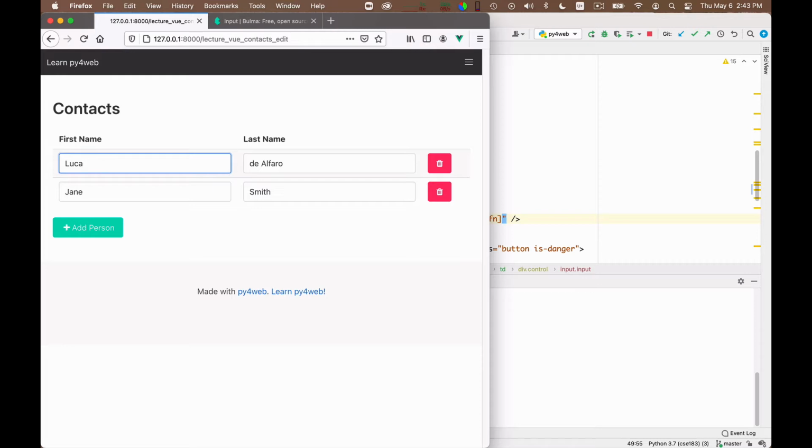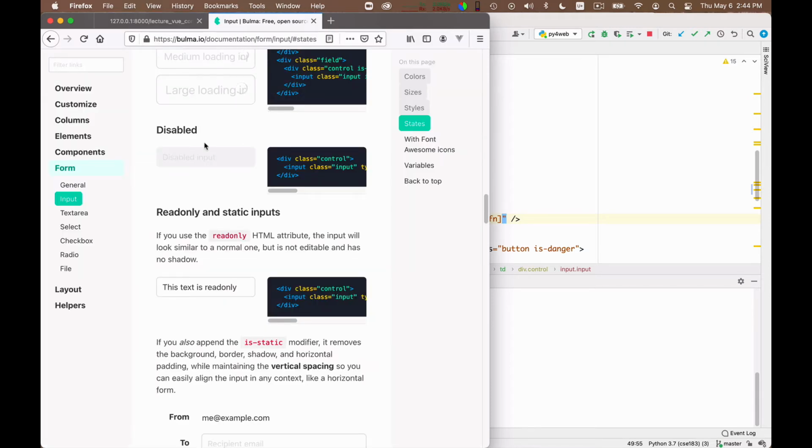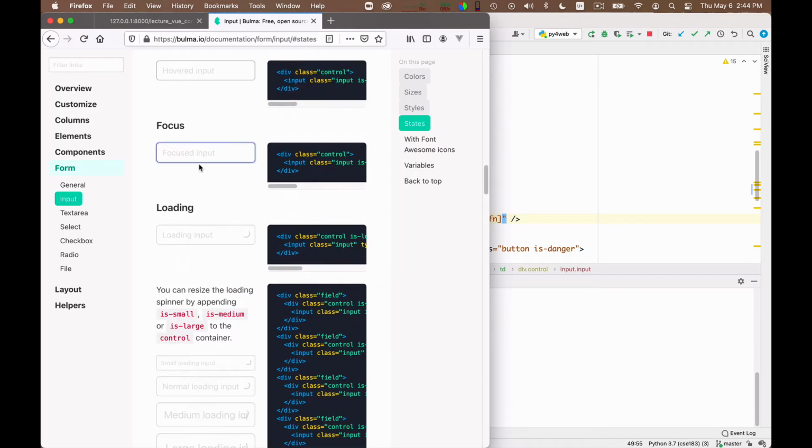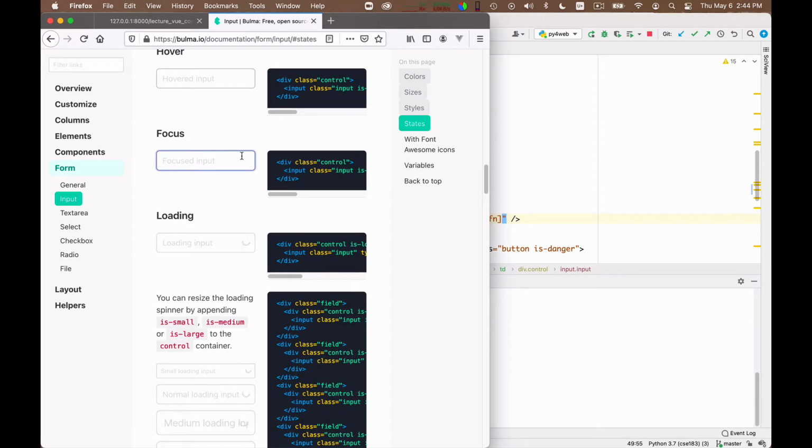What I need to do is keep track of the state of each one of these fields. I want to remember whether I'm just watching, editing, or whether I'm done editing and I'm waiting for the value to be saved to the server. This because Bulma is quite nice in enabling me to style input fields in the way I want, and I want to use these three different stylings. I want to use the focus style for when I am in an editing state. I want to use this loading spinner that is generated here.